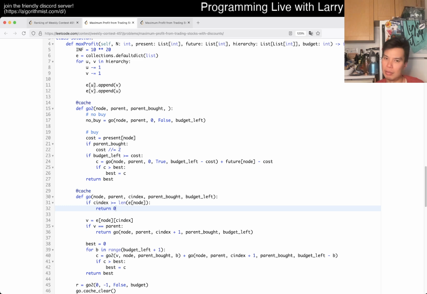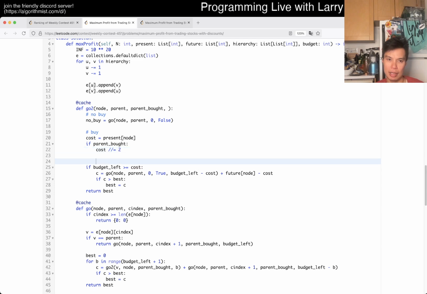Okay, so this we want. Okay, no budget left. Okay, no buy. This will give us all the possible budgets, right? So maybe it would have something like 0, maybe, right? And then buy, we have this thing. So then that means that the budget we use is going to be, okay, well,